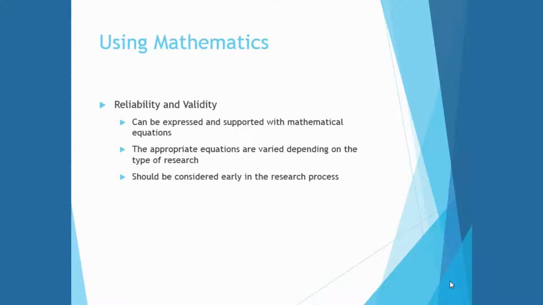Now, when using math, and the math on this seems to be very difficult, but it's really not because your computer is going to do everything. Everything that you can show visually, and we've talked a lot about visual recognition, we can confirm or deny statistically. And that's what we're going to have to get into this semester. So this will be a good review process for that. But again, reliability and validity as far as math goes, it's all right there. We're going to use Excel. Most programs, you're going to use SPSS. Some of you might not have access to SPSS. You're going to have access to Excel, all of you will. So we're going to learn how to do that.